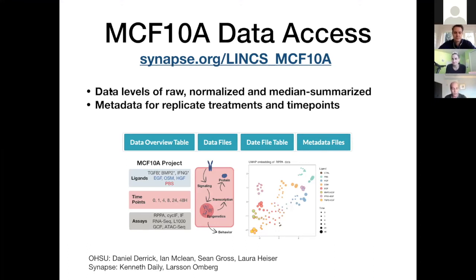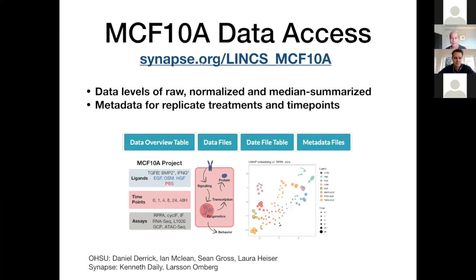So I'm going to cover where the data is living, and this is the work of actually putting the data up there and organizing of Daniel, Derek, Ian McLean, Sean, Laura, and myself, along with help from Kenny Daly and Larson Almberg at Synapse. And so what I'm going to do is show mostly the live where the data is